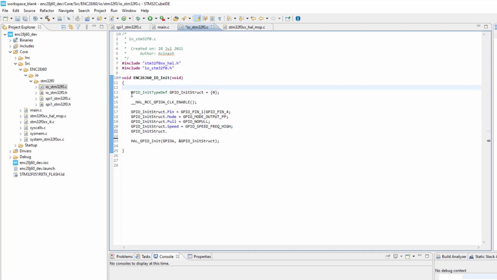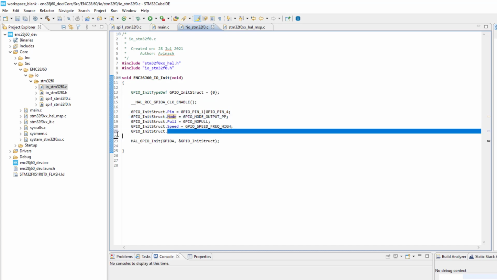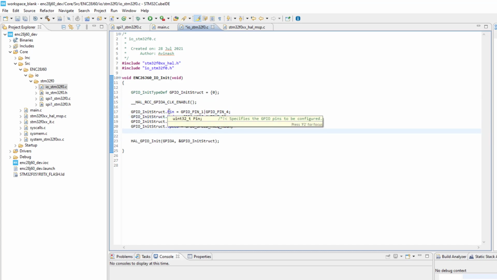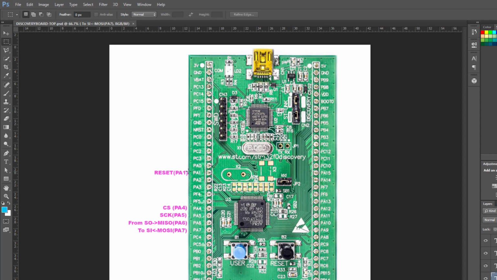This is the initialization structure, and this structure has a few members like pin, mode, pull and speed. For pin, which pin we want to initialize, I have specified here pin 1 and pin 4, because pin 1 is connected to reset and pin 4 is connected to chip select.